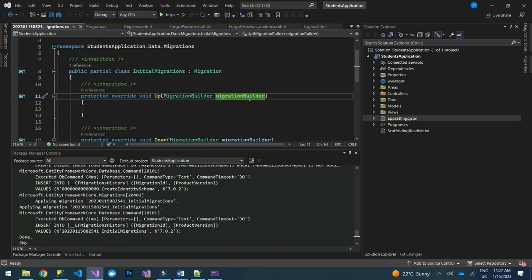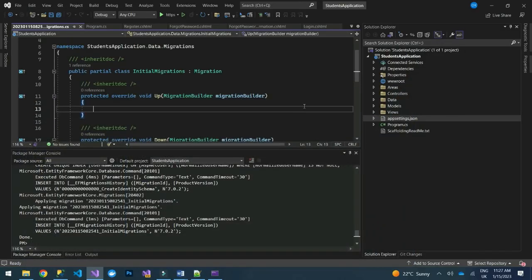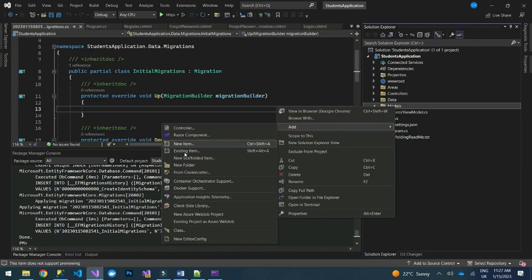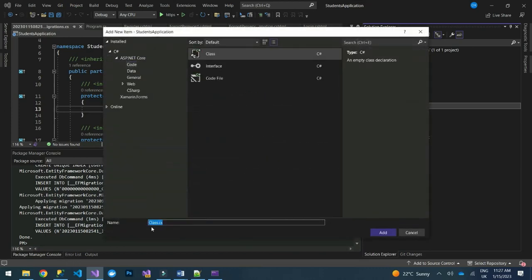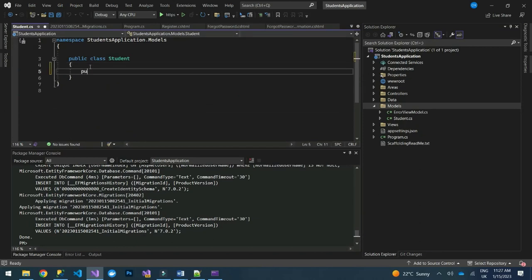So the next thing that we need to do is we can actually go to the application DB context. Assuming we want to add another table that is not part of these, you can see these are default ASP.NET tables. So if we want to add another table, so I'll just add something like student details. So another class here called student. So we can have our class there. Then on this student, we can have our properties,